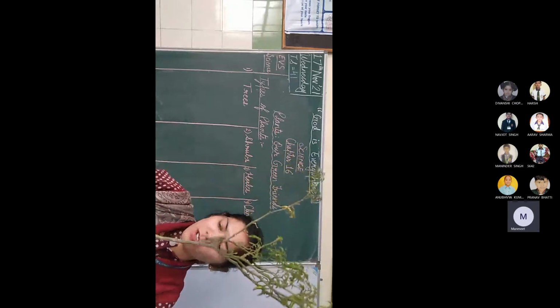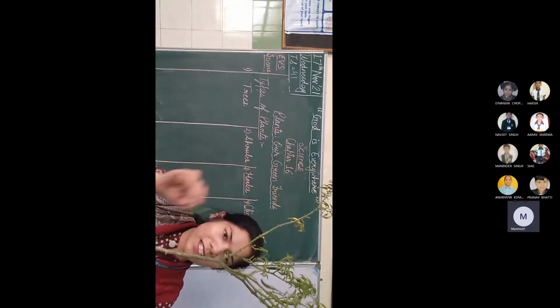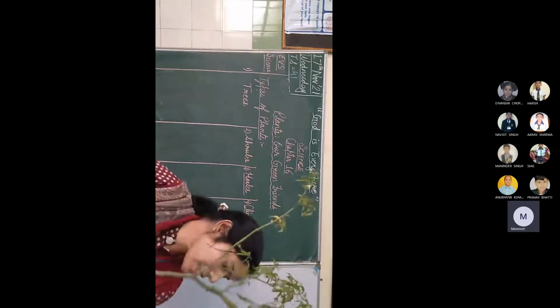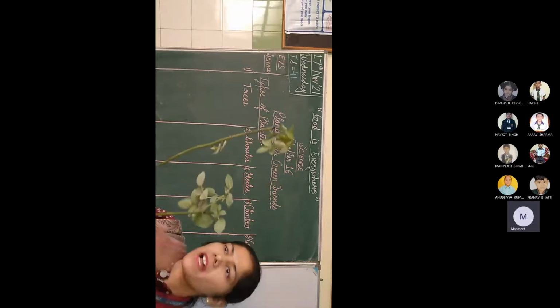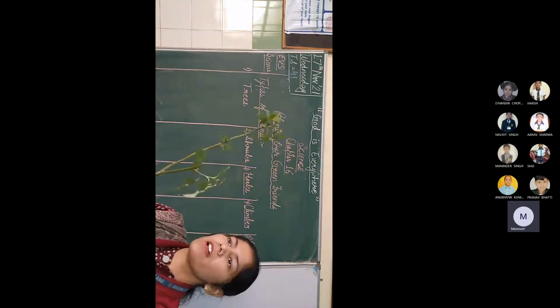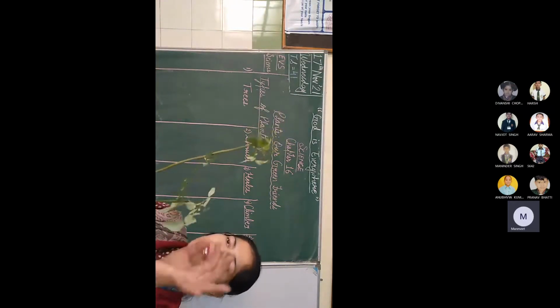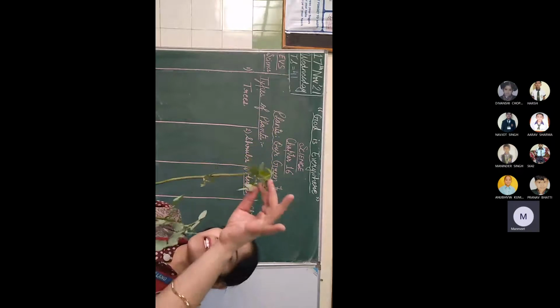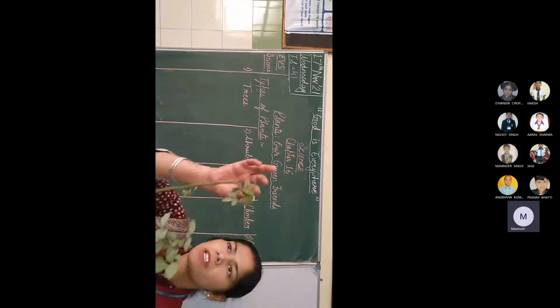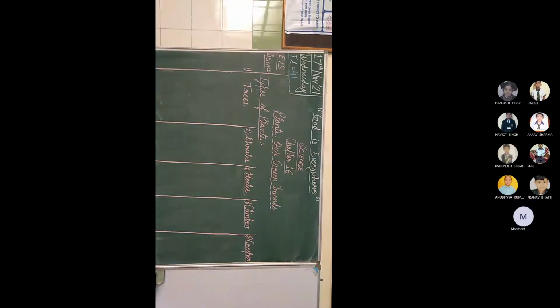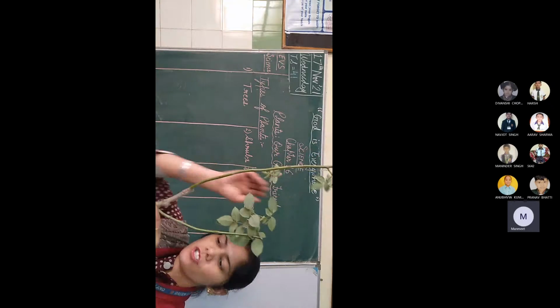Okay, so it means it's your vegetable, and in the same way we can have some flowers also. What is there? It is a rose plant. I am not having any rose here, but a bud was coming. By the time I got it here, it was all broken. Okay. So the above part is known as your shoot.